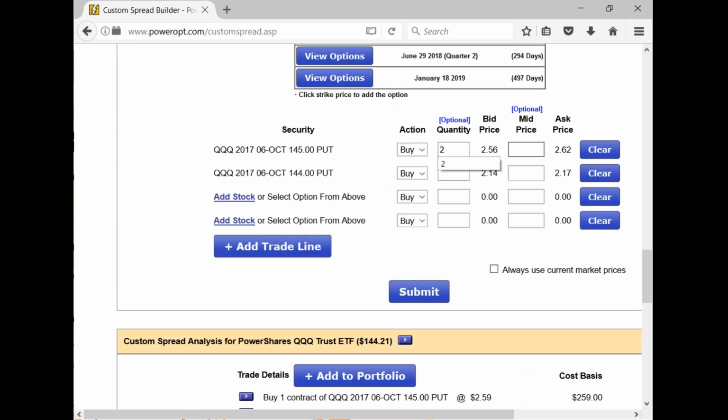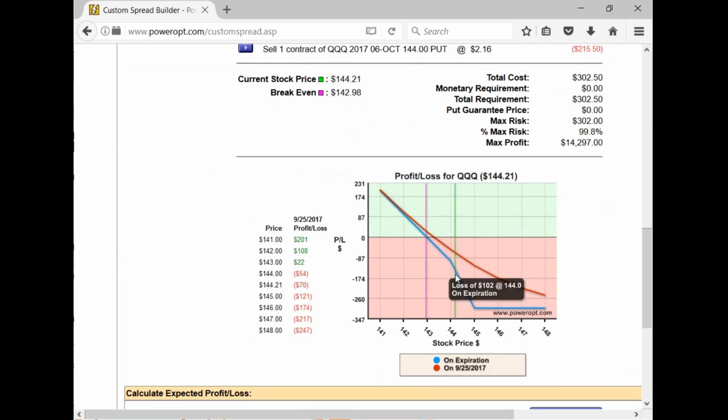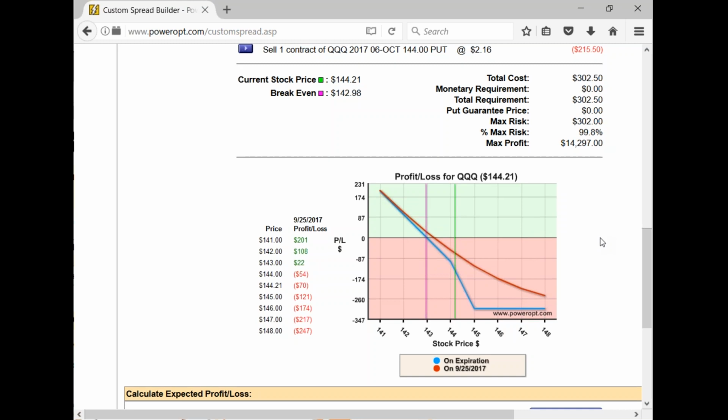So I'm going to buy two of the higher and pay out about $5, $5.10, and I'm going to sell one of the lowers. So essentially, it's a bear put debit spread with an extra put. Now, this has the risk to the upside higher than what you were trying to look for with your ratio, but remember, my break-even's at 143 instead of being at 140. And as the stock continues to move down, I have an infinite upside. So I'm paying a debit of 302,